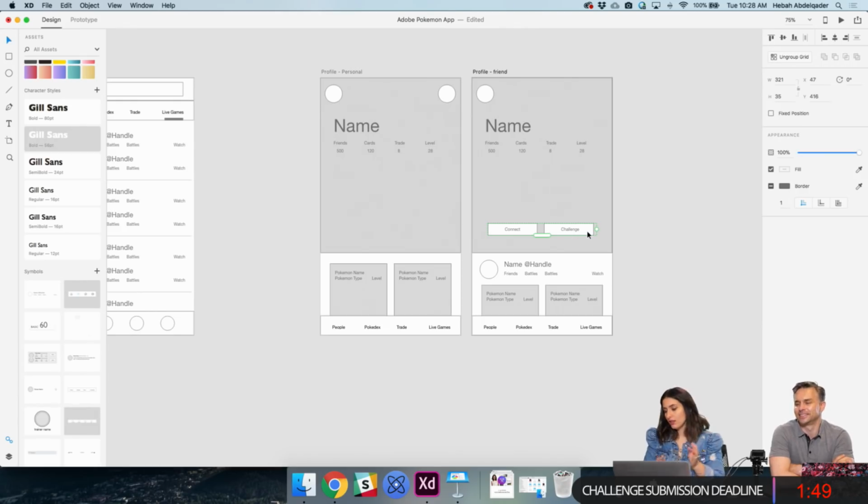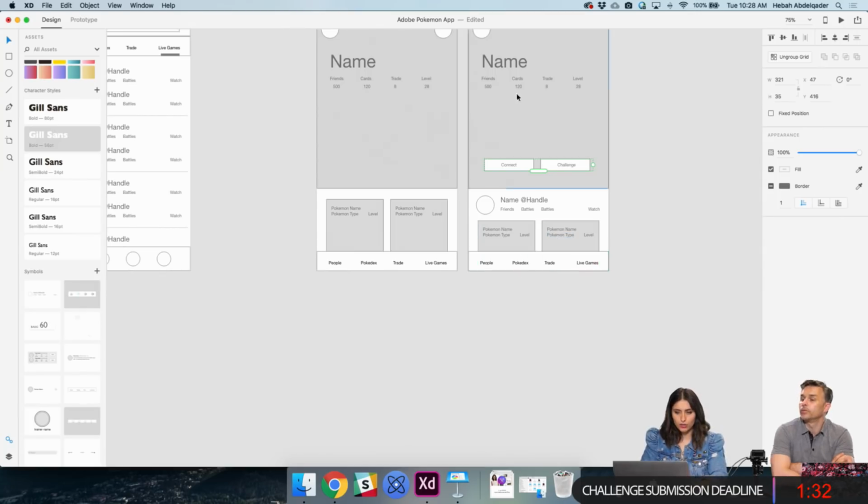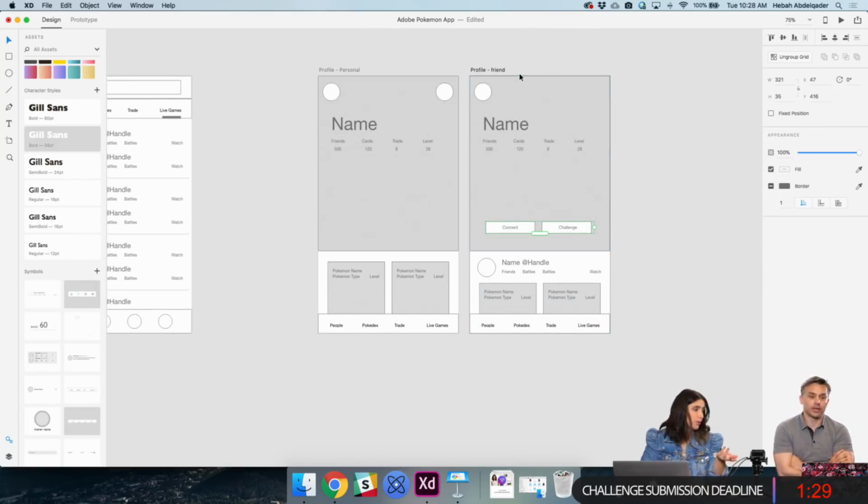And then the last thing that you want to do is you want to request to trade. So that would be like a third button that we can add on here. Or maybe you look at the Pokémons on there and then you can ask to trade from their actual card. From the actual card, okay. Which would be nice. That would be cool.